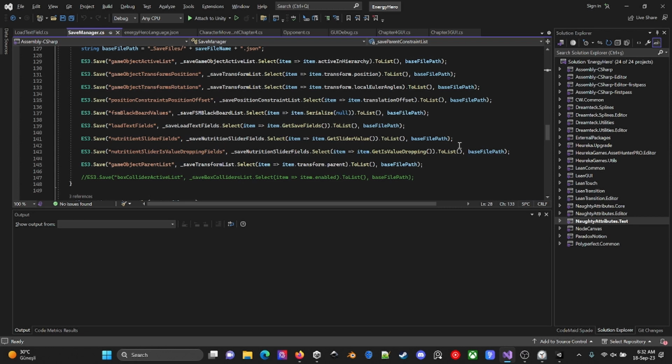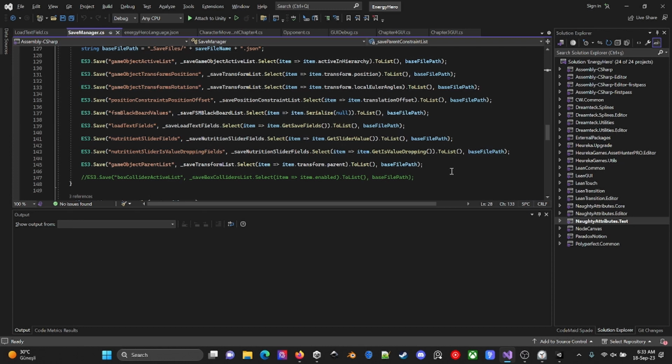Okay, this is not enabled in here. I have my position constraint, position offsets as far as I can see, but I do not see anything called parent constraint in there.